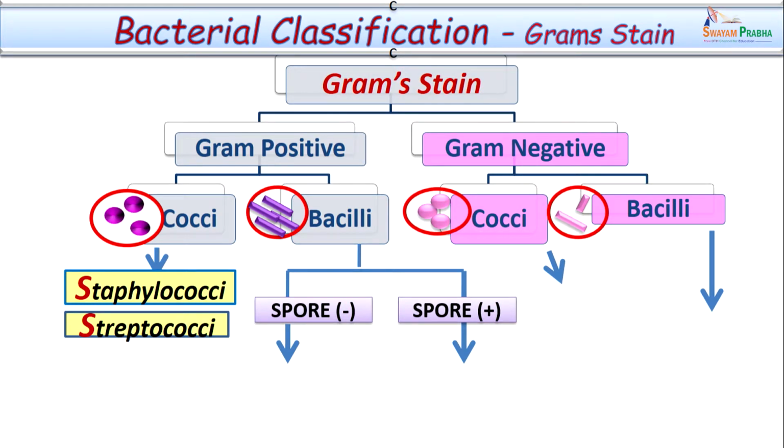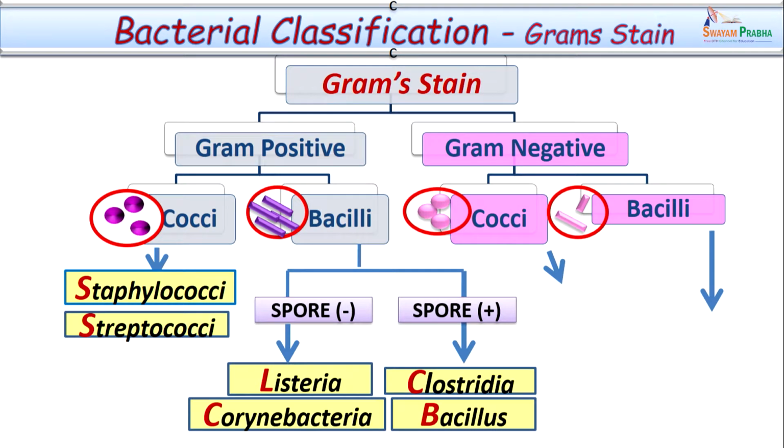Let us consider some of the important pathogens in each of these categories. Day in and out we come across the gram positive cocci. They are the staphylococci and streptococci, which you might have already heard about. The next group is the gram positive bacilli based on the spore forming nature. The ones which do not possess spores are Listeria and Corynebacteria,